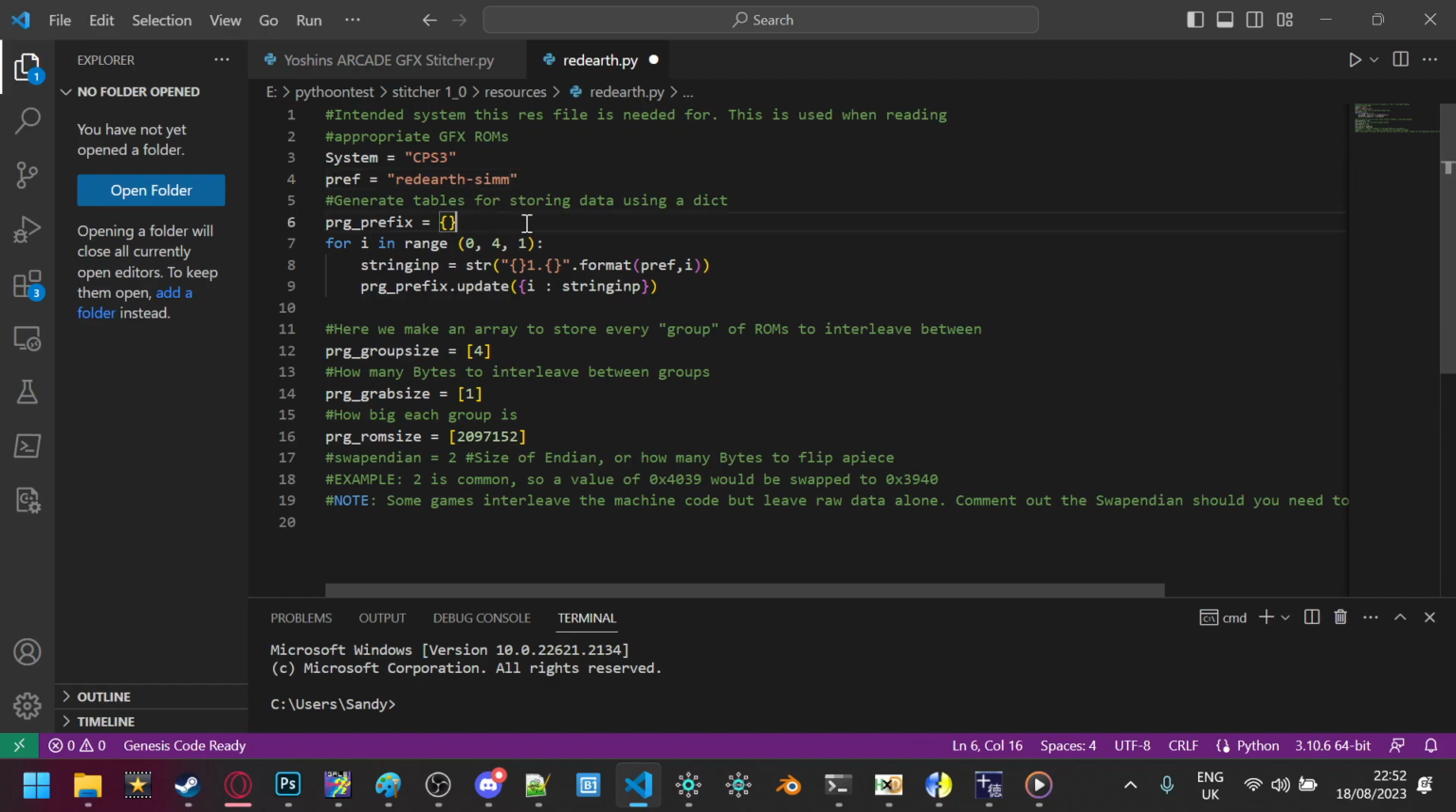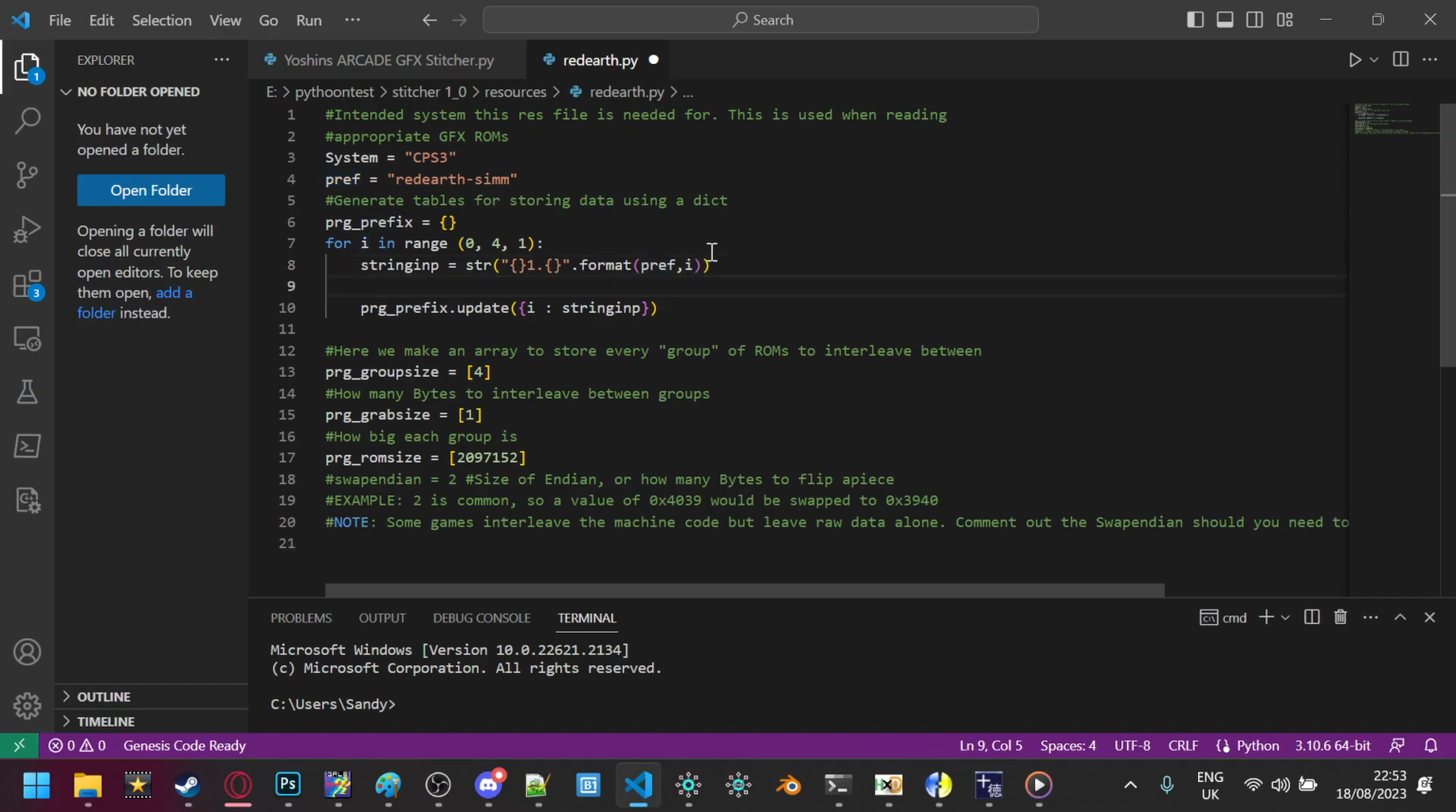Now, when we actually read these files, what happens is we make a table called PRG prefix. And for I in range, so it starts at 0, and then it goes up until we reach 4. So as many are in this group, we make a value called string imp, and it's specifically string. We pass in a value here, 1 dot, and we pass in a value here. So we format this with prefix and then I. So what this will do is it'll create a new string and use those variables as we put them in. So prefix is